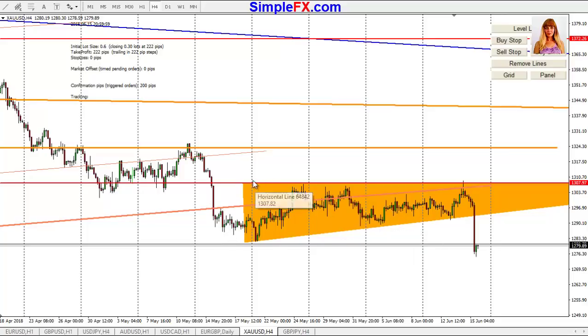What I told you, I'm looking at it as a triangle, and this is one bottom, and one top, and another bottom, and it started to create that second bottom. And of course the next expectation is the second top. As you know, the theory of triangle and the strategy of triangle I'm using, that was like 80-90% hope,